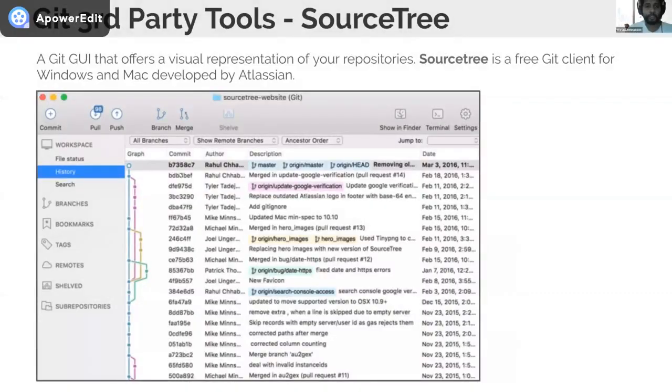And there are third-party tools as well. So Git GUI and Gitk, the two tools I use, look quite old. Those tools are default tools. You can try out SourceTree, which is a nice tool created by Atlassian. It is very user friendly. You don't have to type any command at all, but it's best that you know the commands as well.